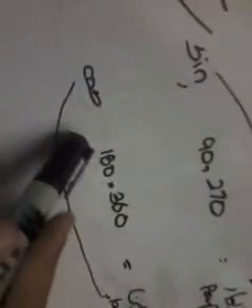Another example is to memorize these angles. Diwar means perpendicular. Perpendicular angles are 90 and 270, and the perpendicular function is sine. Sine 90 and 270 is the perpendicular function, and the similar one is cos 180 and 360. Zameen means base. This is called base: cos 180 and 360. Sine 90 and 270 means diwar; cos 180 and 360 means zameen. Then how is it solved? It is very easy to solve this.